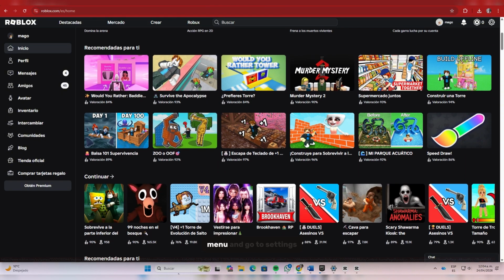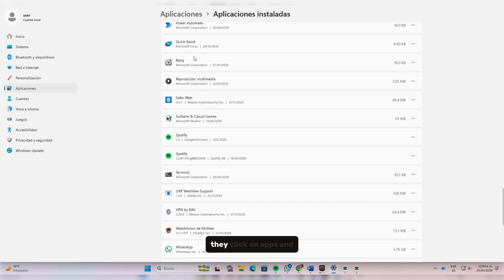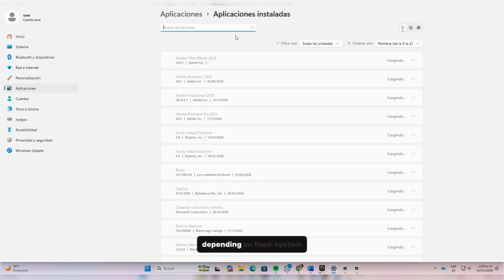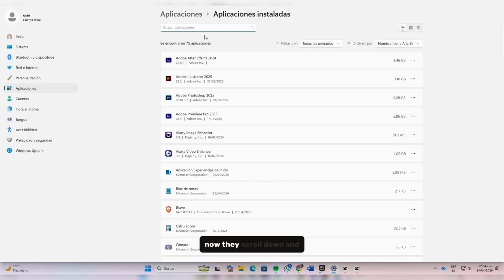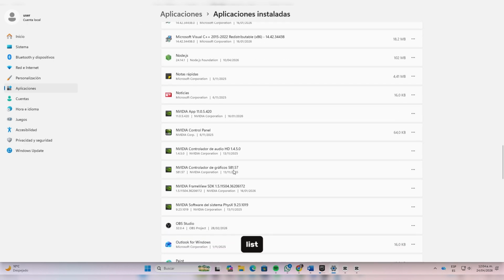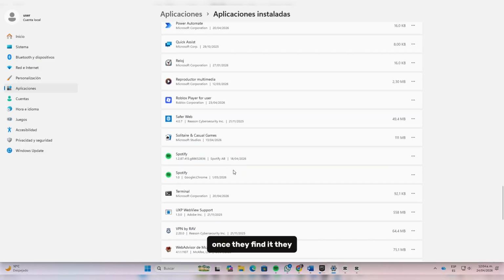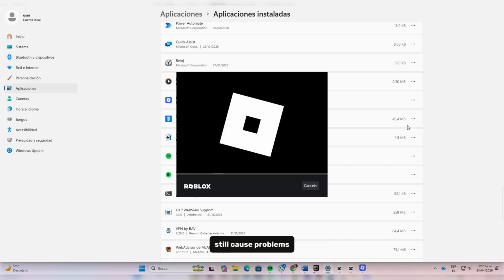They open the Start menu and go to Settings from there. They click on Apps, and then go to Installed Apps or Apps and Features, depending on their system. Now they scroll down and look for Roblox in the list. Once they find it, they click on it and select Uninstall. They wait until the process is complete. But this step alone is not enough, because sometimes leftover files can still cause problems, so the next step is